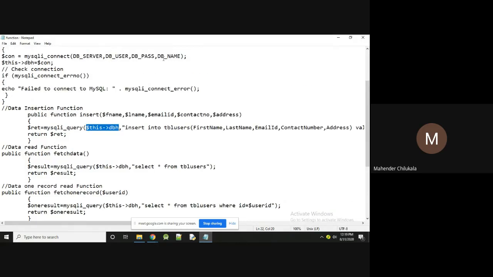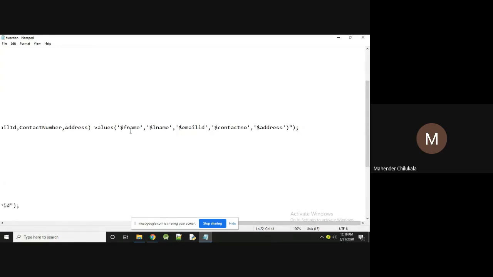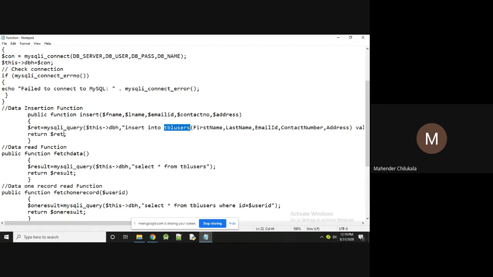We are connected to this database, and if this table already exists, then it performs the entry operation. The entry values are taken from $fname, $lname, $emailid, $contactnumber and $address. After that it returns the values.